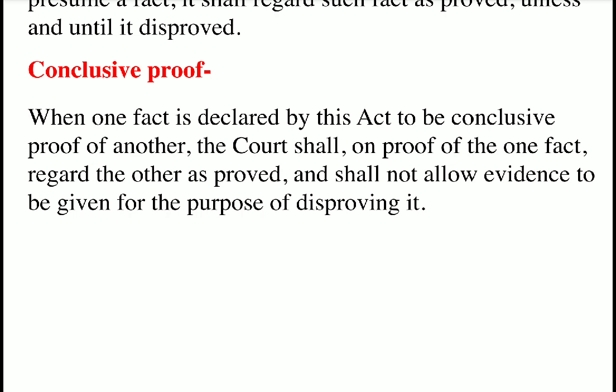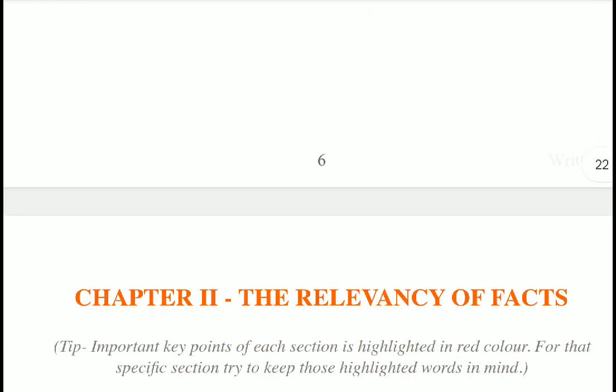अब देखिए, पहले जो मे प्रिज्यूम है उसमें तो डिस्क्रिशनरी पावर हेडिंग में ही है, कोर्ट मे प्रिज्यूम। अब ये जो शैल प्रिज्यूम हमने पढ़े, ये शैल प्रिज्यूम में भी डिस्क्रिशनरी पावर कोर्ट को नहीं दिए गए, लेकिन ओपोनेंट के पास उसको डिस्प्रूव करने का ऑप्शन है। लेकिन जब कॉन्क्लूसिव प्रूफ की बारी आती है तब क्या होता है, अगर कोई भी एक फैक्ट प्रूव हो जाता है और दूसरे का कॉन्क्लूसिव प्रूफ ऑफ अनदर अगर ये एविडेंस एक्ट डिक्लेयर करता है, तब देखिए द कोर्ट शैल नॉट अलाउ एविडेंस टू बी गिवन फॉर द पर्पस ऑफ डिस्प्रूविंग इट। तब दूसरे पक्ष के पास शैल प्रिज्यूम एंड मे प्रिज्यूम में जो उसको डिस्प्रूव करने की अपॉर्चुनिटी थी, वो अपॉर्चुनिटी और नहीं रहेगी और नहीं दी जाएगी।